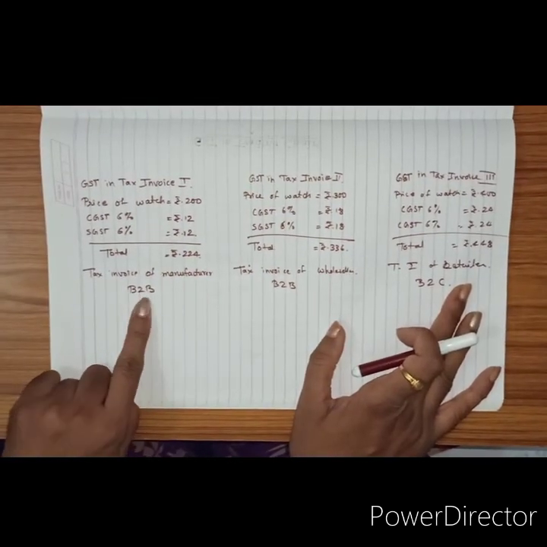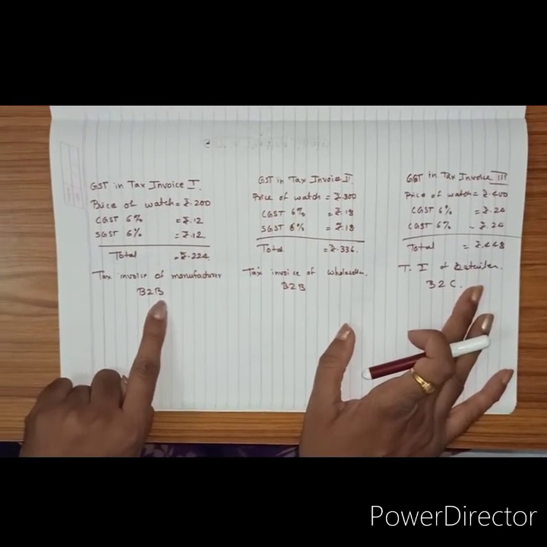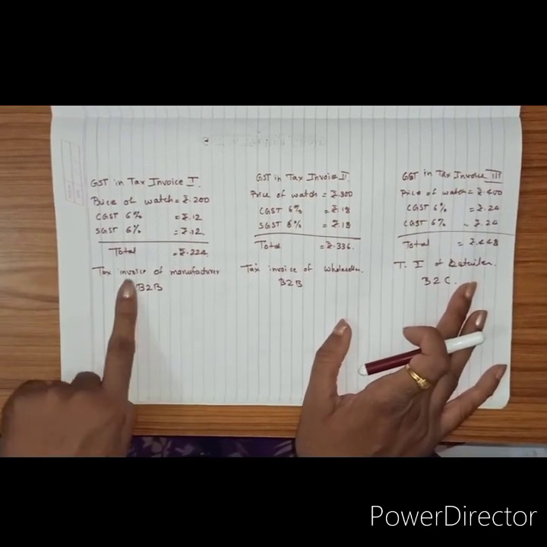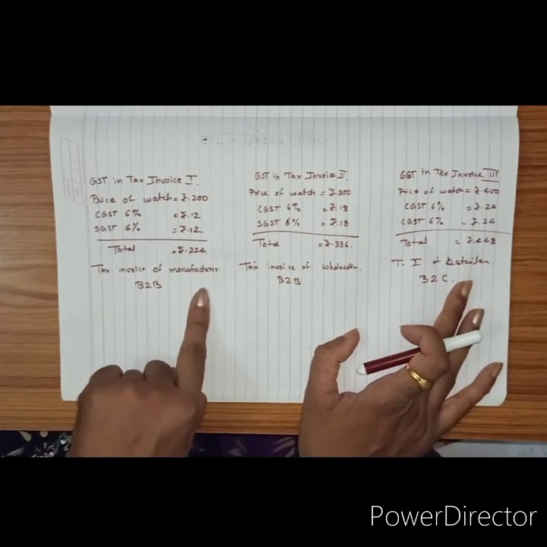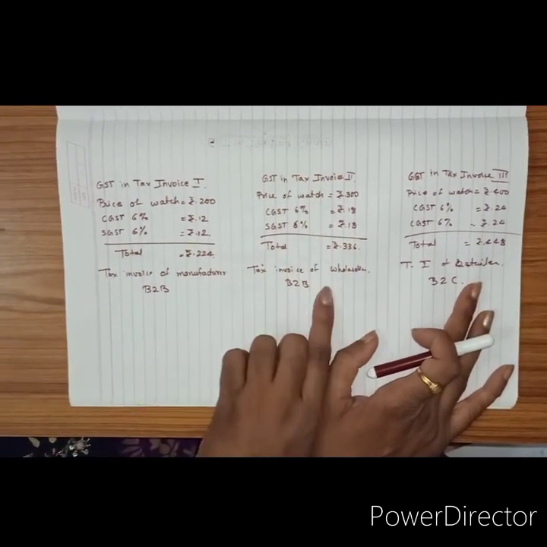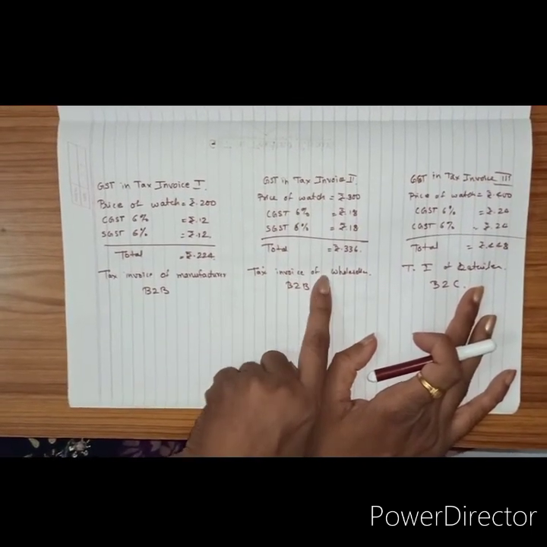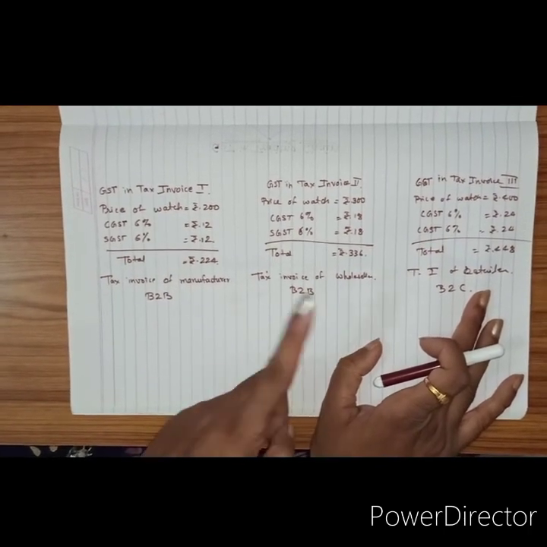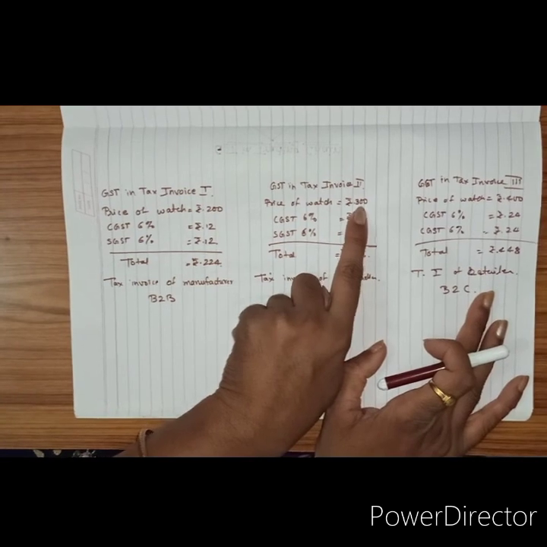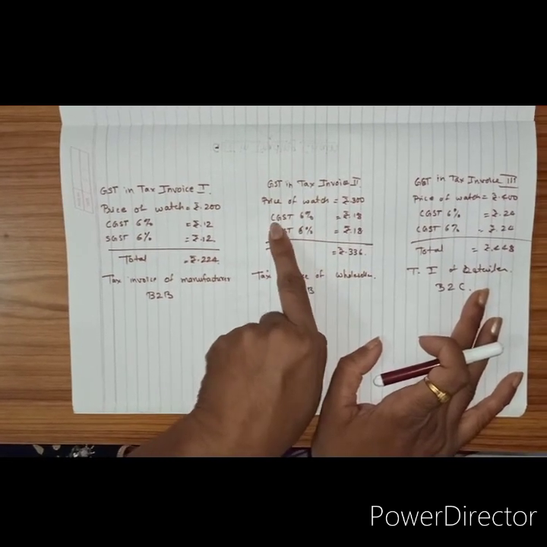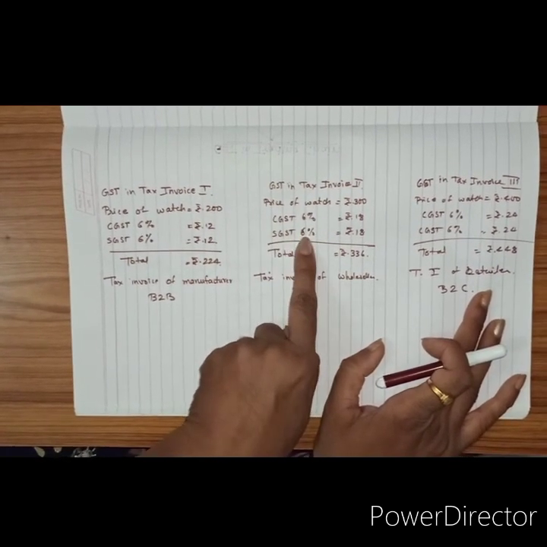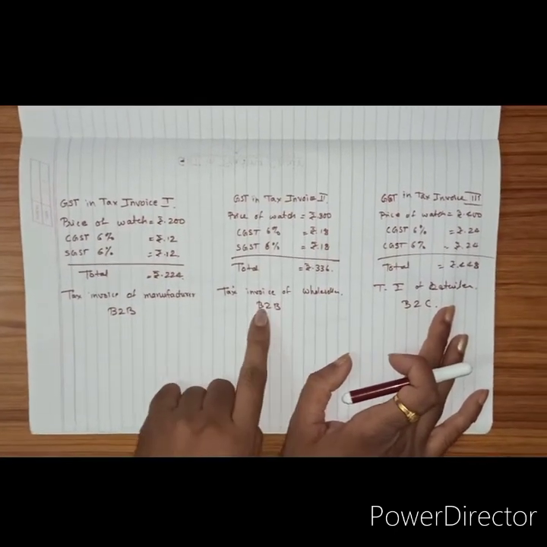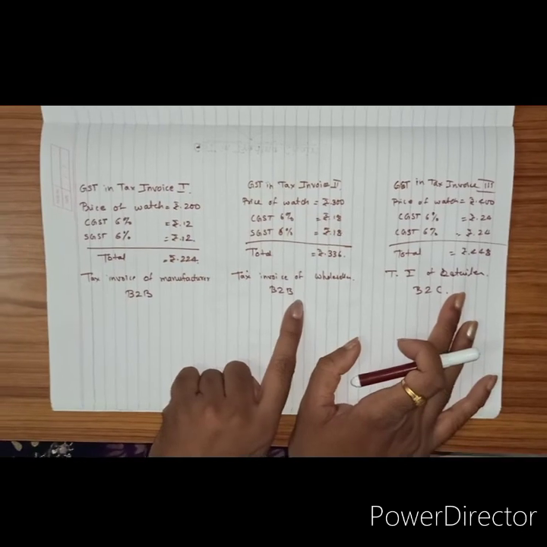This is called a business to business tax invoice. Therefore, it is not that much in detail. So this is the tax invoice of a manufacturer. Same is the tax invoice for the wholesaler. See, here I have written tax invoice of wholesaler. This is also called business to business. Same way, he kept his price 300 rupees. Again 12%, which means CGST is 6%, SGST 6%, 36 rupees total gives you 336 rupees.